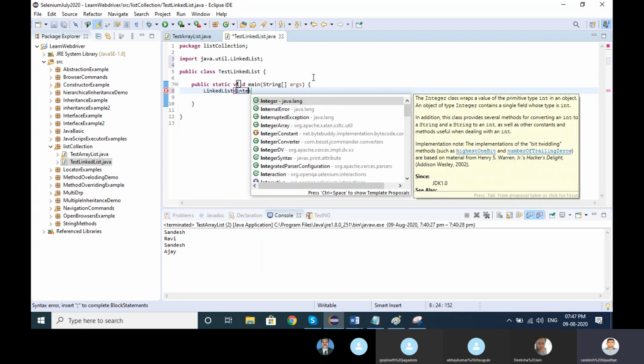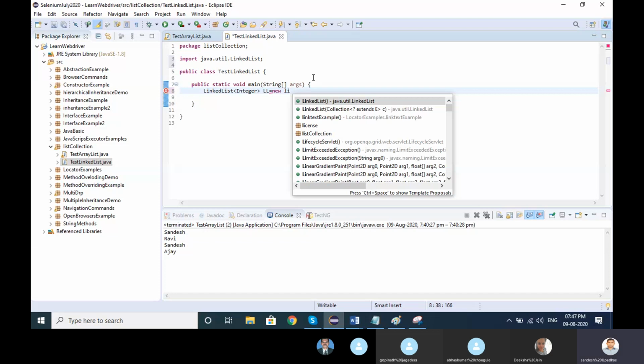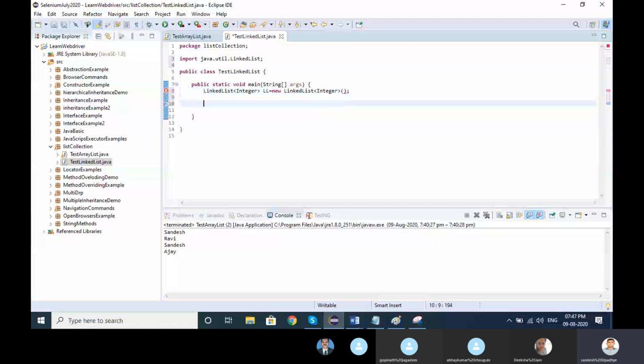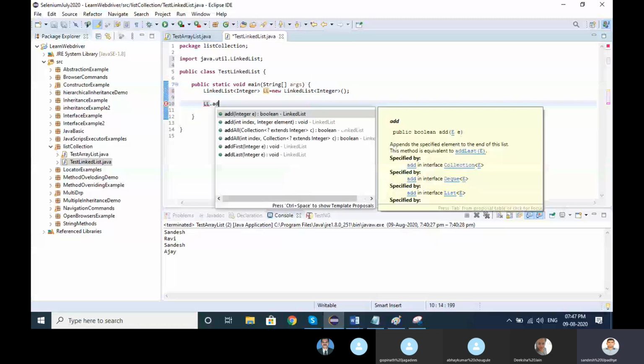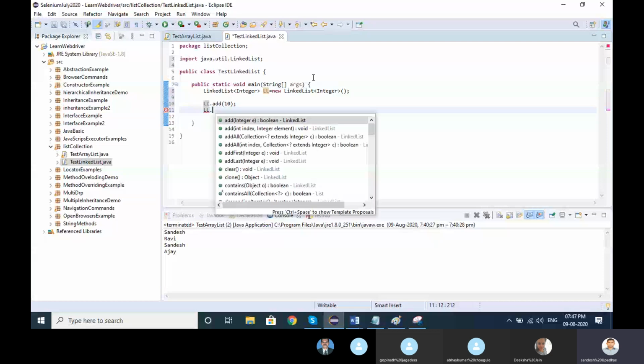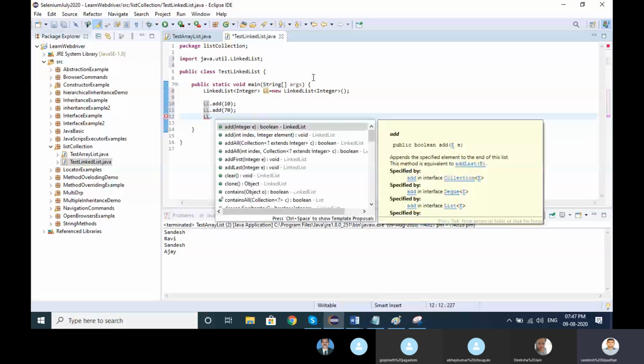I'm taking an Integer generic: LinkedList<Integer> linkedList = new LinkedList<>(). linkedList.add(10), linkedList.add(70), and linkedList.add any random value, we can add 30.